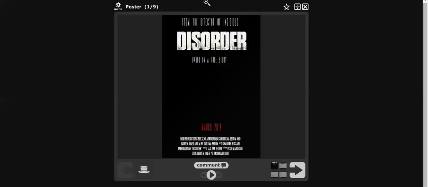So I've just gone for a black background here with the disorder font going across, and it's kind of a nice font. And then I've got from the directors of Insidious and based on a true story. Then I've got in red March 2014, and then I've just got information in white at the bottom. I got class feedback from this, which was